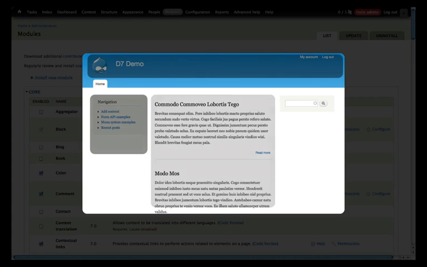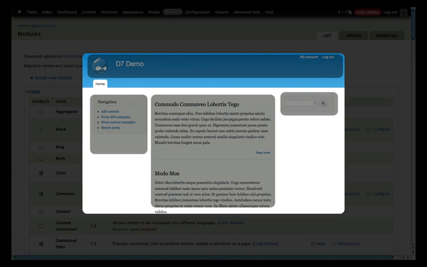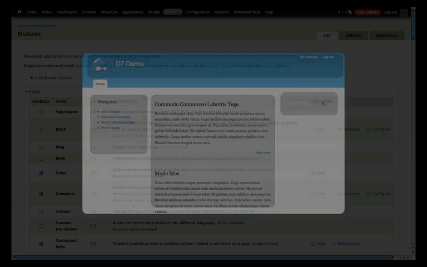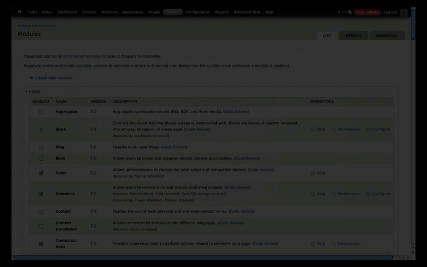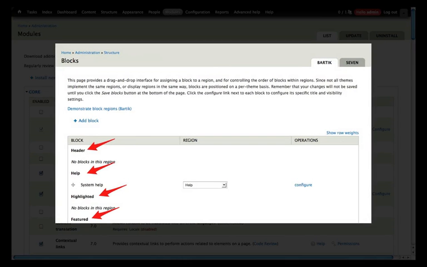Typically regions will fall into categories like header, footer, first column, second column, and main body content. More complex themes will add additional regions, for example subheader or subfooter, in order to allow more specific placement of blocks on a page. And that's really what regions are for. They expose areas on a page that can be manipulated through the user interface to, for example, add blocks to